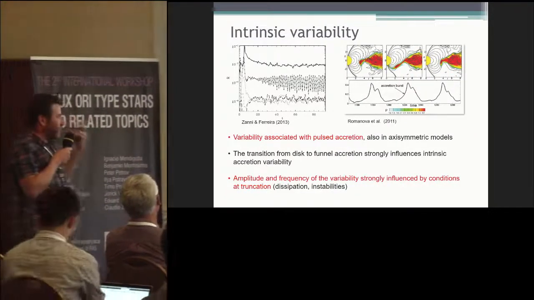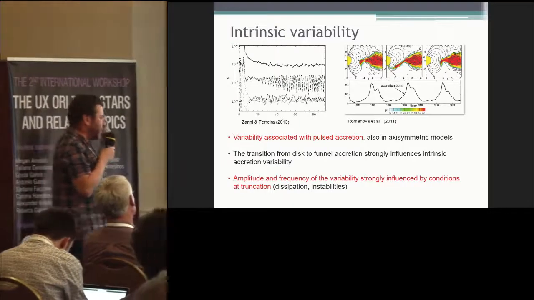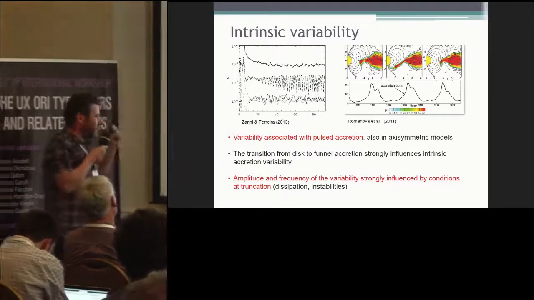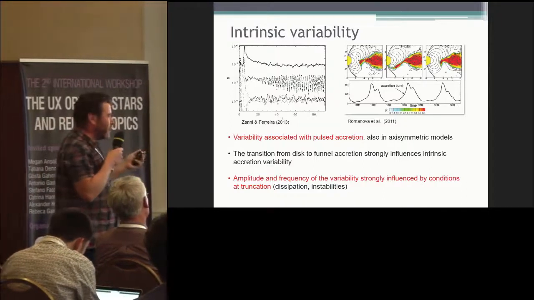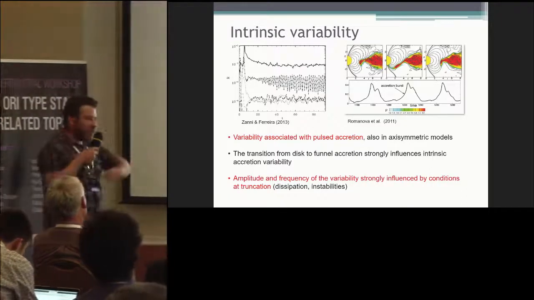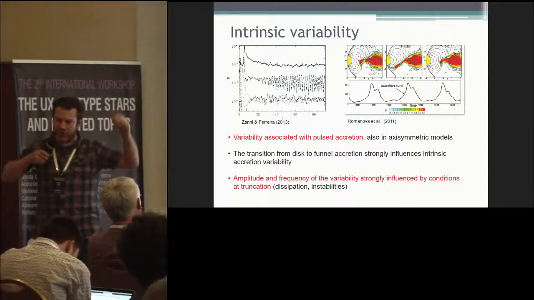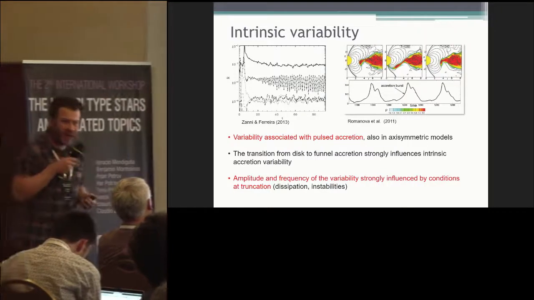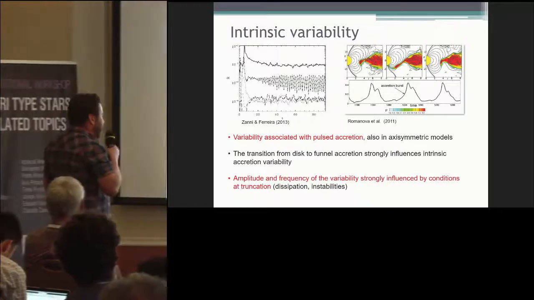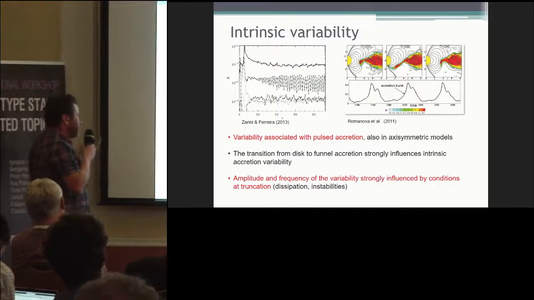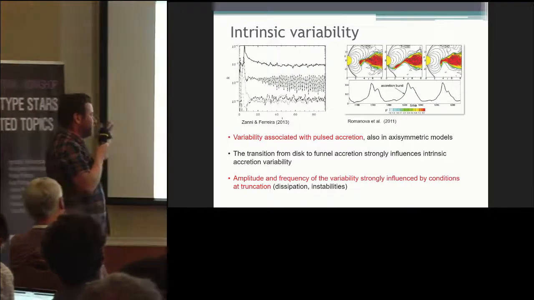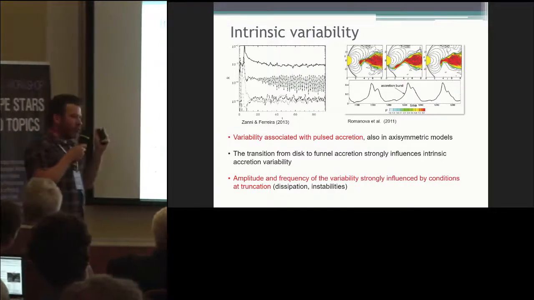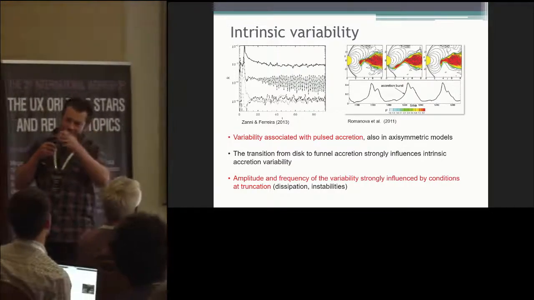All the simulations show an intrinsic variability. What I mean by intrinsic is just a variability associated with some pulsed accretion. So you can see it also in axisymmetric models. It's totally not related with the full 3D complexity of the system. And I realized that the main mechanism that controls this variability is how you go from the disk